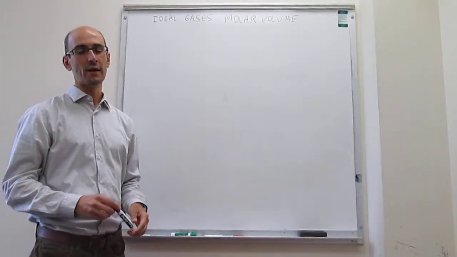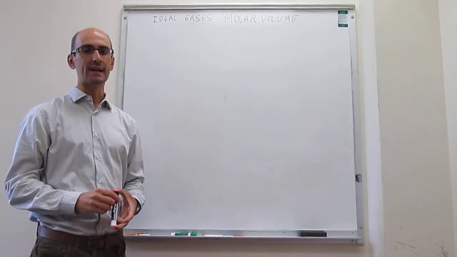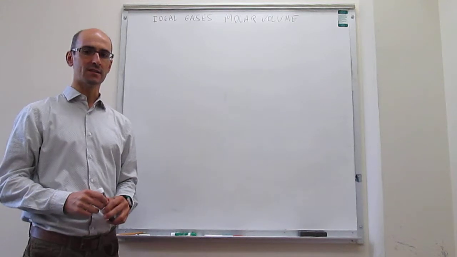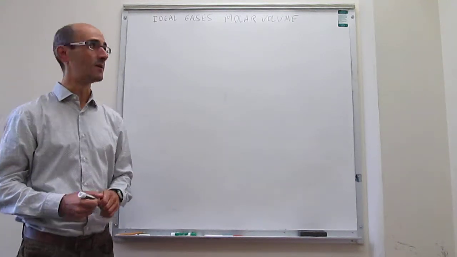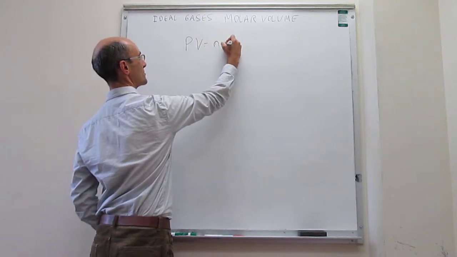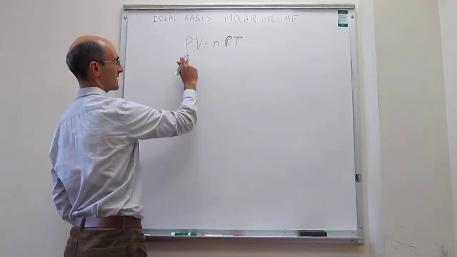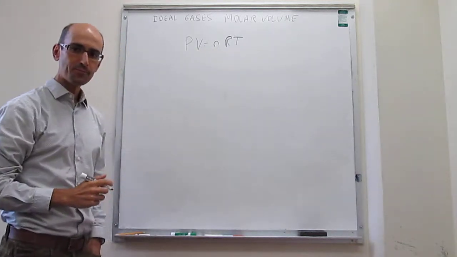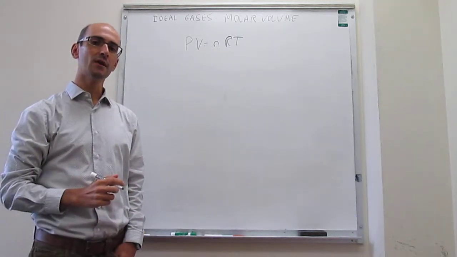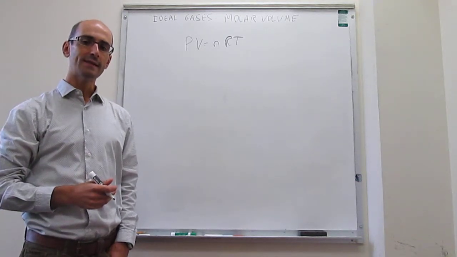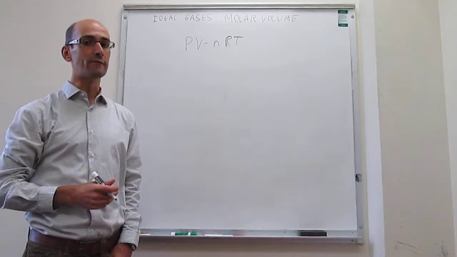In a previous video, we have seen the derivation of the ideal gas equation of state from Boyle's law, Charles' law, and Avogadro's hypothesis or law. The ideal gas equation of state tells you the relationship between properties of the gas such as pressure, volume, number of moles, and temperature. We now see an application for this ideal gas equation that tells us about the molar volume of an